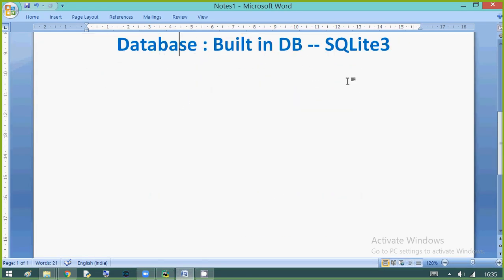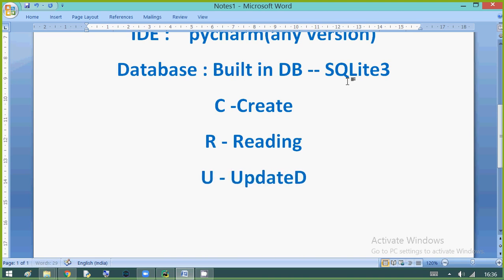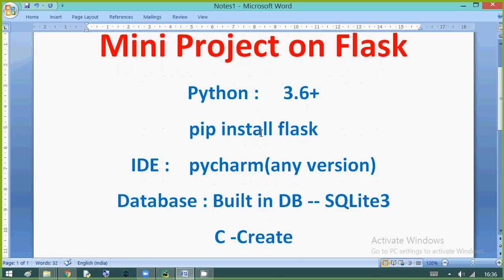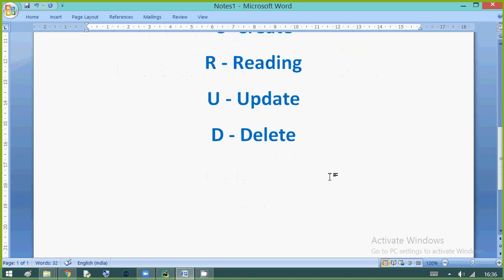In this project, majorly we are concentrating on CRUD: create, reading a data, update and delete. These are the operations we are going to perform on the database.